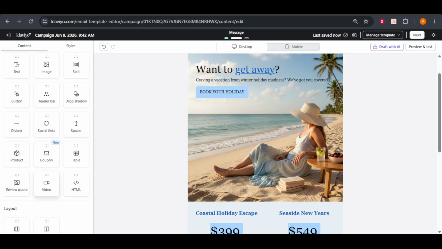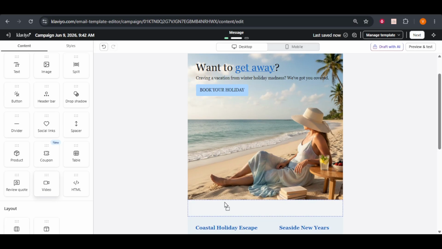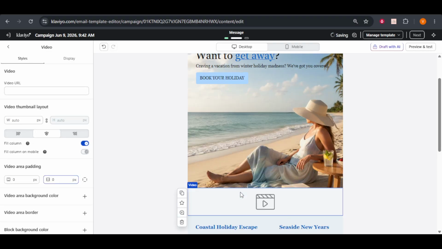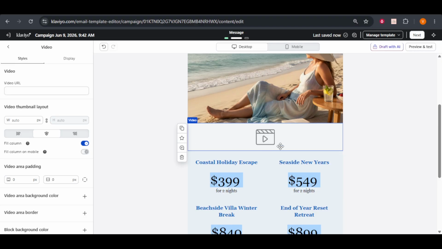Now, locate the video block in this left sidebar panel. This block is your gateway to embedding engaging video content directly into your email. Simply click on the video block and drag it over to your email layout canvas. Drop it right into the spot where you want the video to appear. This action will add the video block to your email layout, giving you a placeholder where your video will eventually